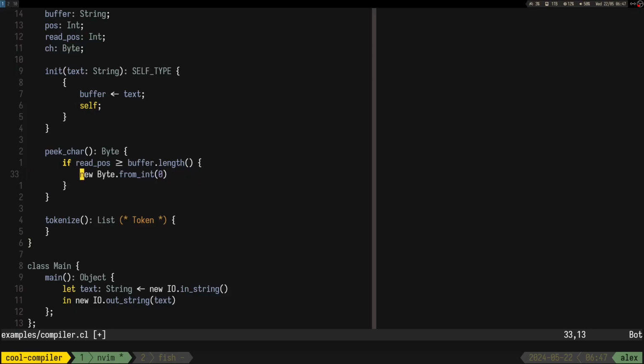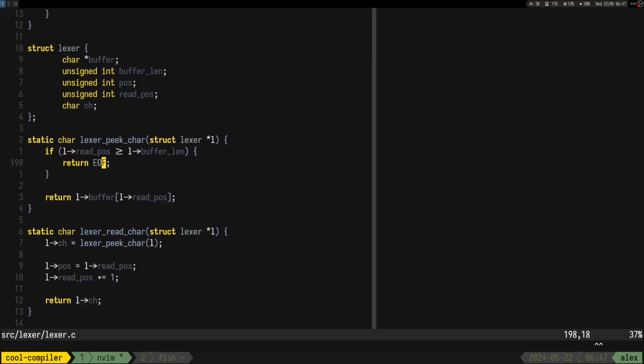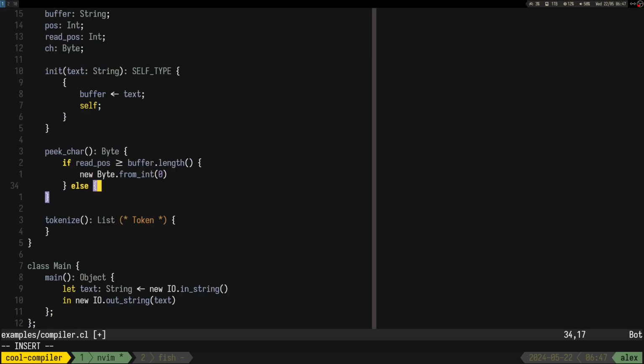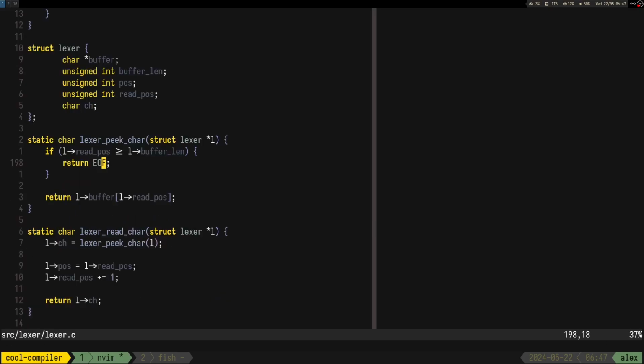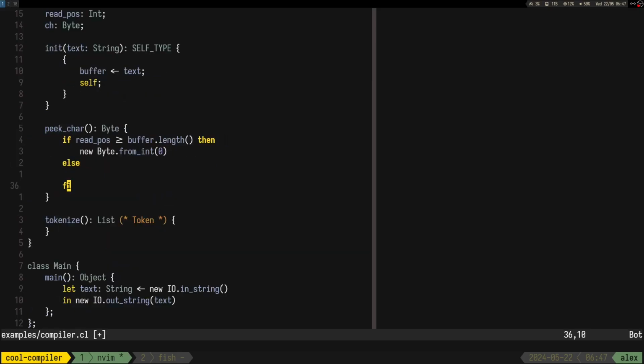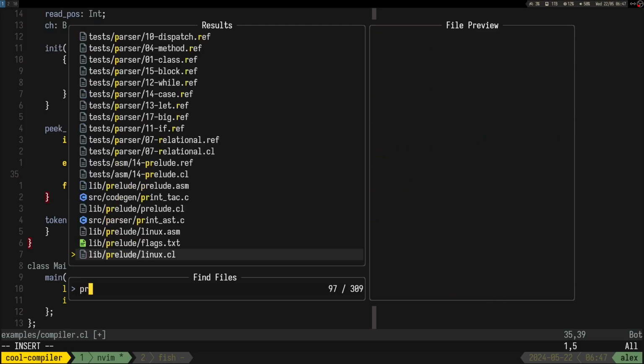Alright, I guess we don't have return. Okay, and otherwise, so on the else case, and we don't even have this. Okay, so I have to remember how to do these things. Right, on the else case, new byte from string, and here we have to pass buffer. Let me check with prelude.